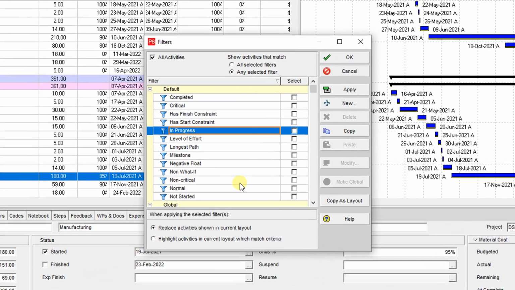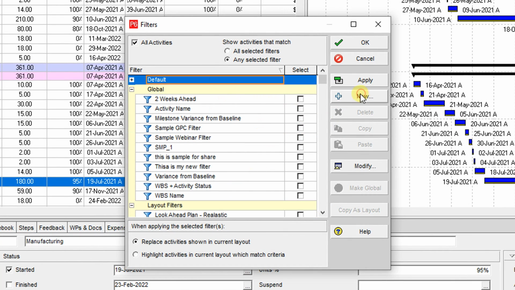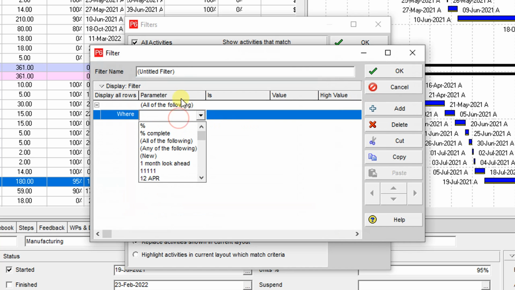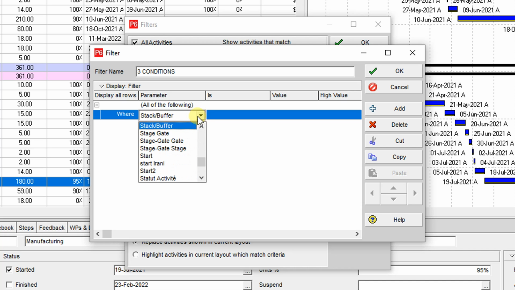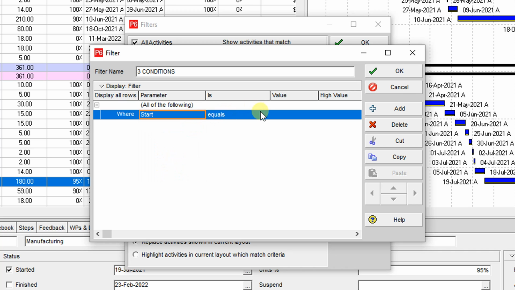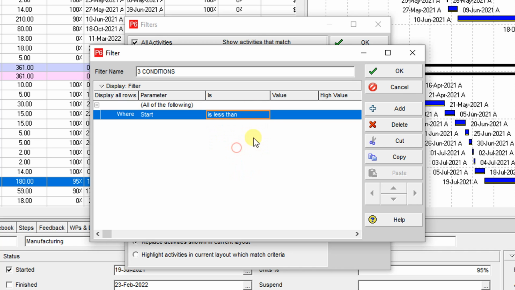If you open the filter, then you need to create a new one, and over here you can create your filter name. Let me rename it 3 conditions. Then the first one is related to start. A start date is less than,